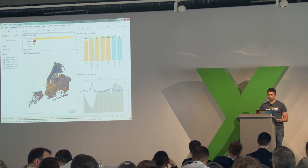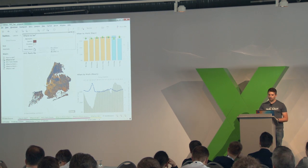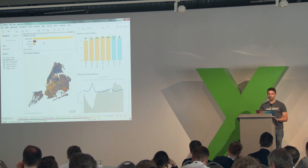So as you saw, now I bring all into one context. But currently, there is no link between the visualizations, because there is really a red bar, and we are curious. We want to touch it and use this as a filter. And now I'm able to filter all the other visualizations on